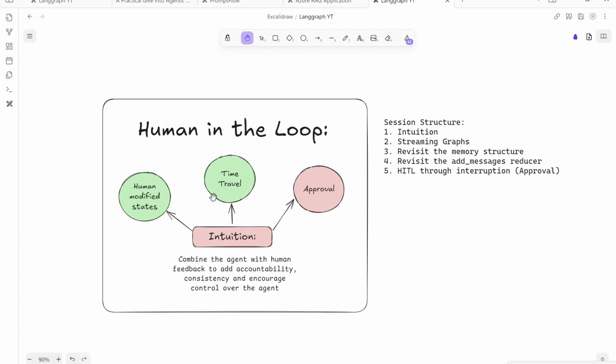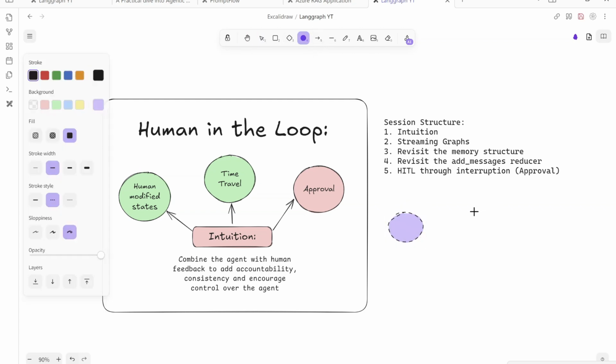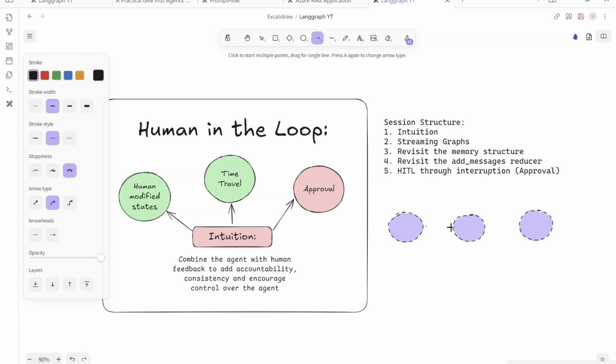A second kind of technique of incorporating human in the loop is time travel. Sounds fancy, right? What is time travel? Time traveling is basically when we are trying to incorporate a step in which a human will basically be able to reverse the steps of the graph and re-execute it as per his demand. So what we will be doing is, for example, we have 3 nodes. Say that we have 3 nodes, node 1, node 2, node 3. Okay, we are going from node 1 to 2, 2 to 3,